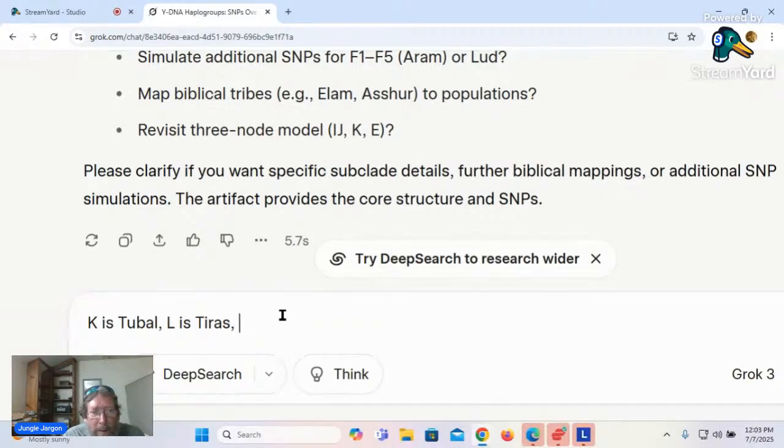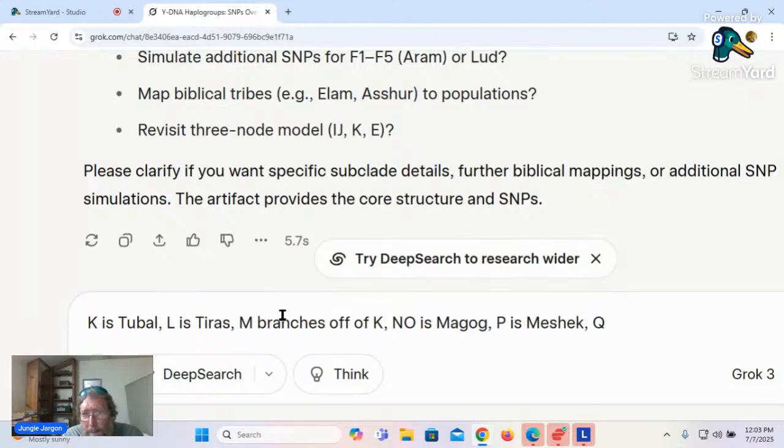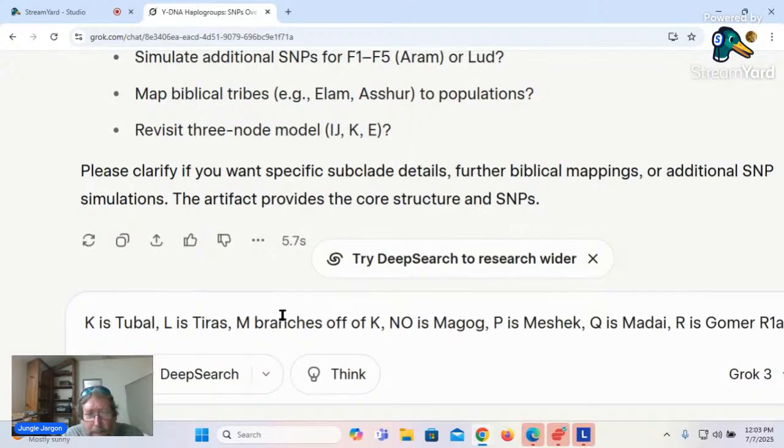Tubal, L, M. L is to N, O is Magog. P is Meshach. Q is Madai. R is Gomer. R1A is